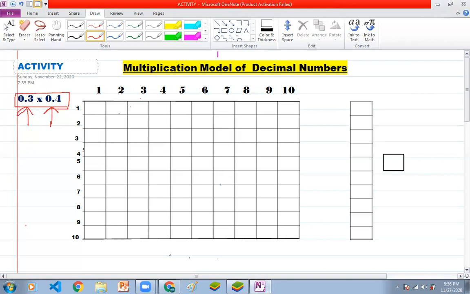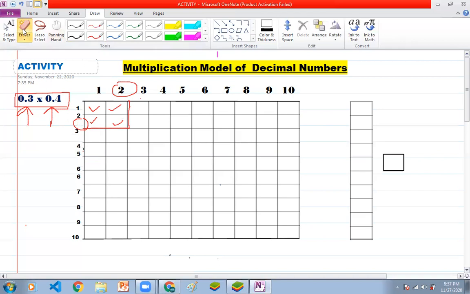As you know, multiplication is also repeated addition, and to represent the multiplication numbers on graph paper, we need a number of rows and columns. When the rows and the columns intersect with each other, they leave blocks. Like we can see, if I am multiplying 2 into 2, I get 4 blocks: 1, 2, 3, 4. Sorry, 2 multiplied by 2 is equal to 4. So 1, 2, 3, 4 is the answer of the multiplication of 2 by 2.